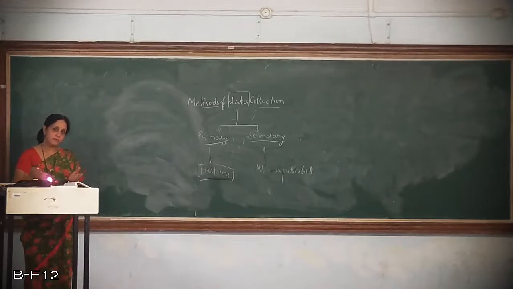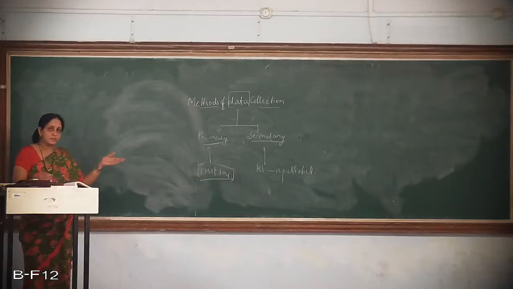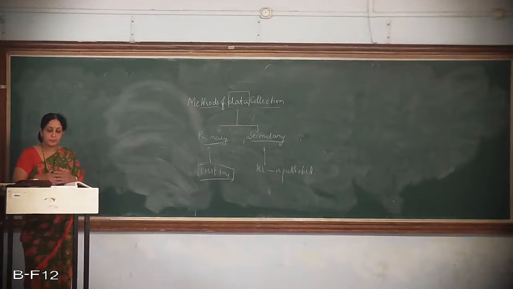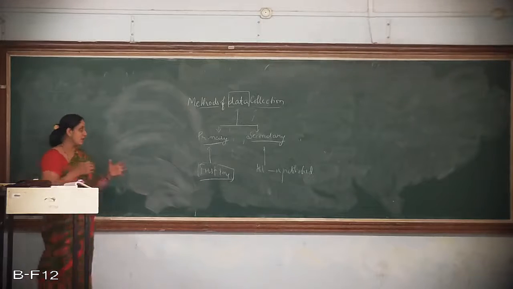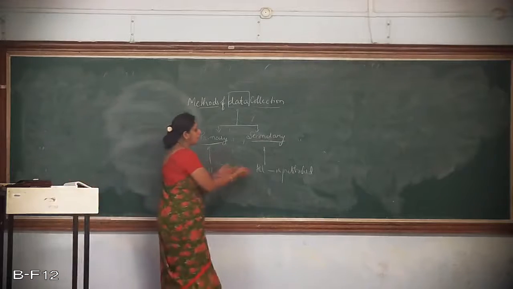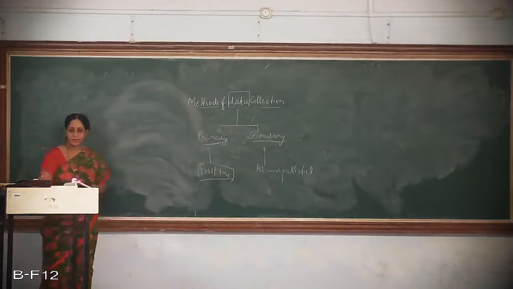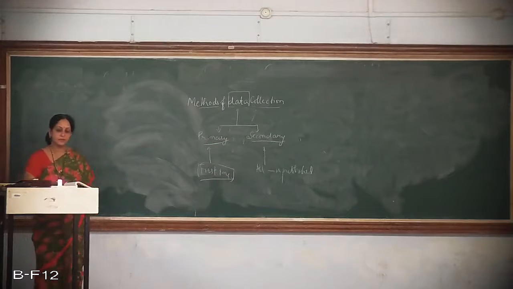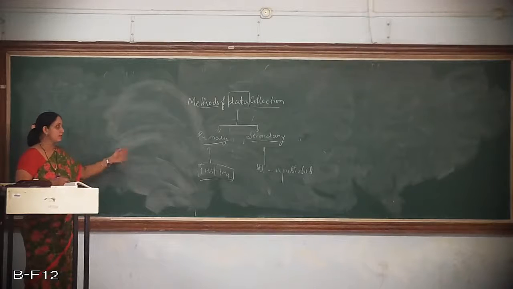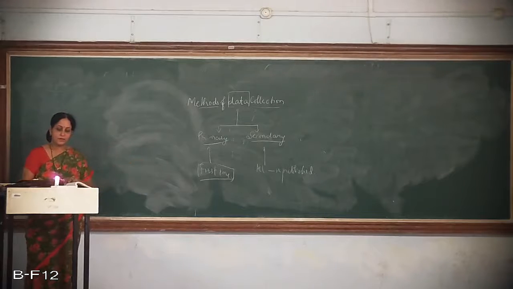It is in some format that is available, and it is data that is sorted with respect to a particular situation, and may have gone through a certain statistical process which has been published. Thus, data for a researcher is something like this. He needs to understand what type of data should be picked up from each of the sources. So, it depends on the researcher in sorting out the data from the different methods, whether it is originally collected or it is